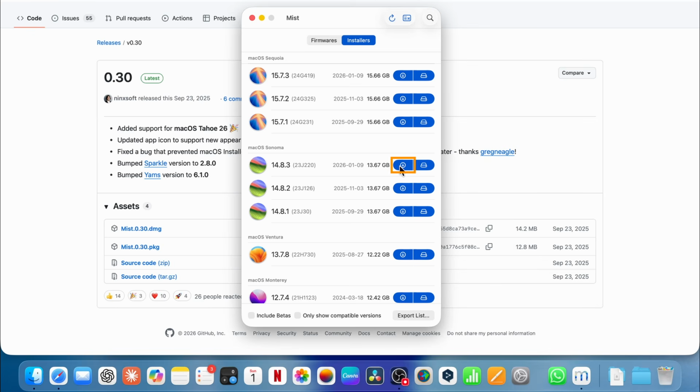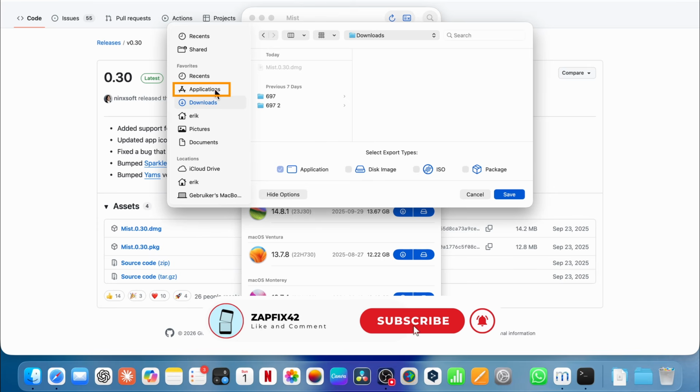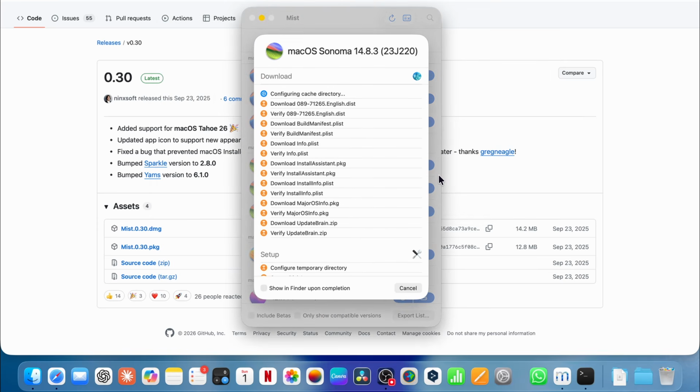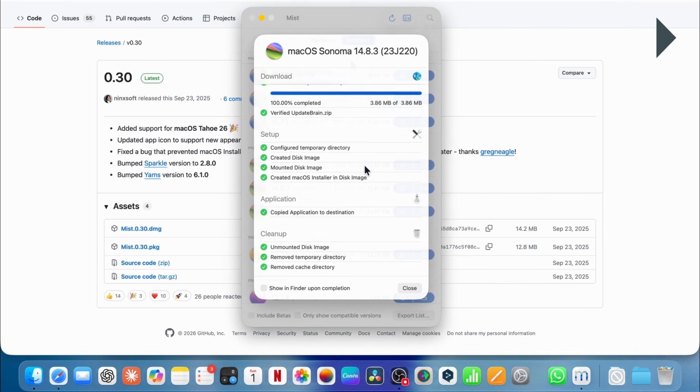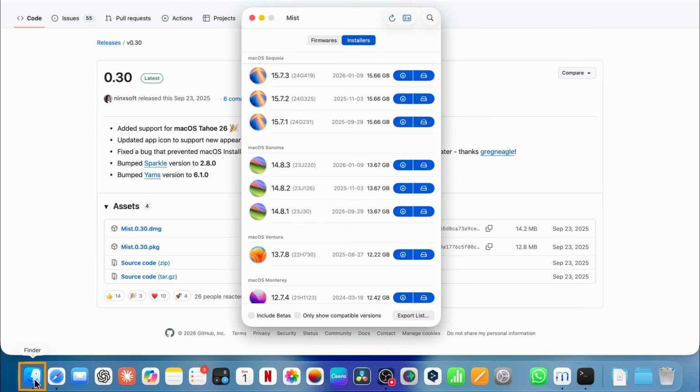Okay, now we select the downloader only option. Make sure the destination folder is set to Applications. You'll see why in a moment. And confirm that the export type is set to Application, which is usually selected by default. Once you continue, the process works just like method 1, except it only downloads the installer and doesn't create